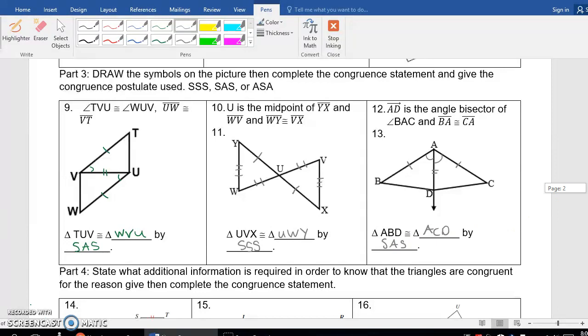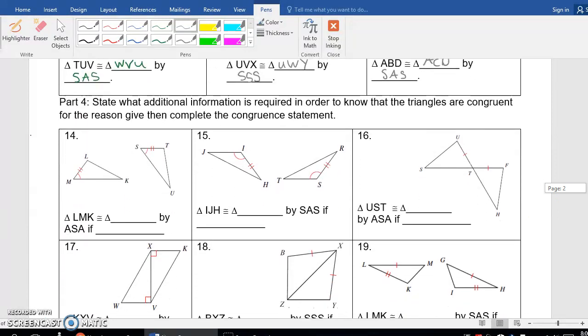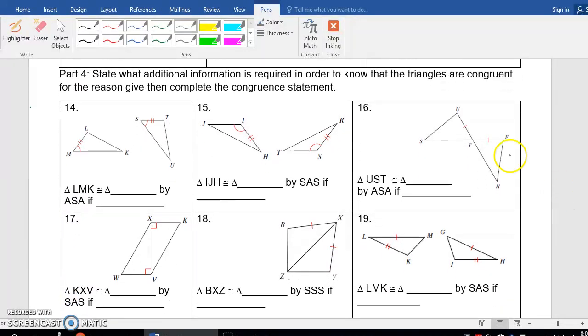Okay. Now the last part of this lesson is part 4. State what additional information is required in order to know that triangles are congruent for the reasons given, then complete the congruent statement. Okay? So our congruent statement says that triangle LMK is congruent to this triangle by angle, side,